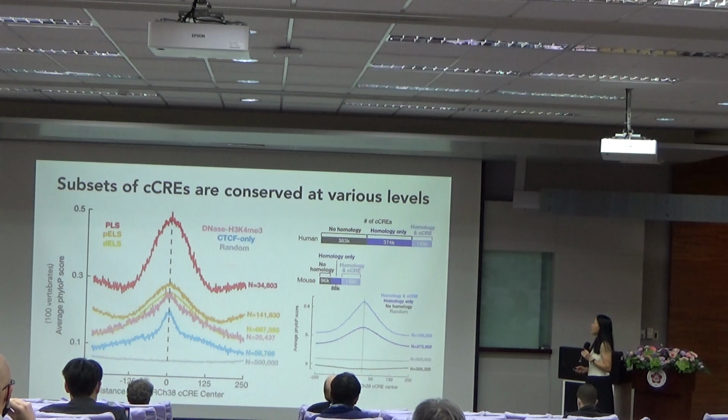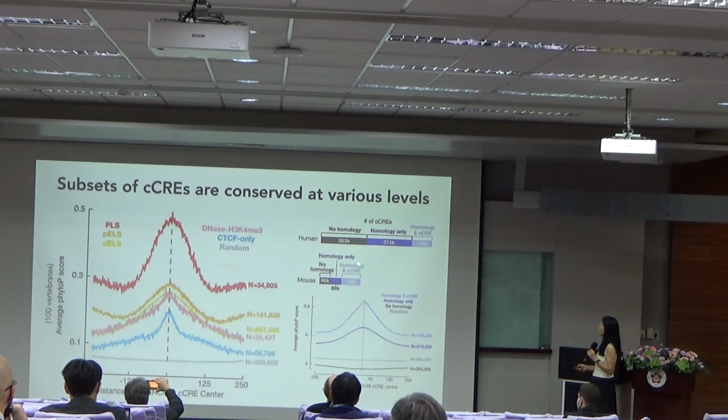In case you're wondering, I have a rule of thumb, a third rule in life. Usually things are a third, a third, and a third. So between human and mouse, a third of the cCREs are homologous and defined in both species. A third of it is homologous but not defined as cCREs in both species. And then a third of it has no homology between the species. If you keep that in mind, it might be useful. The reason that we have fewer of them in mouse is because of data, but you see the ratios